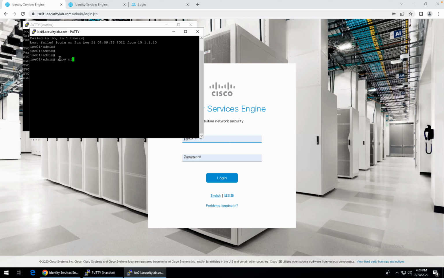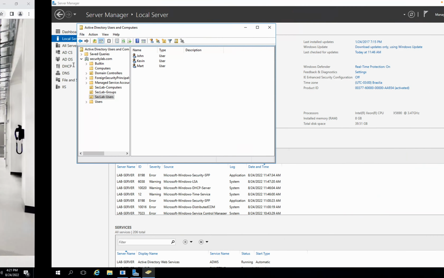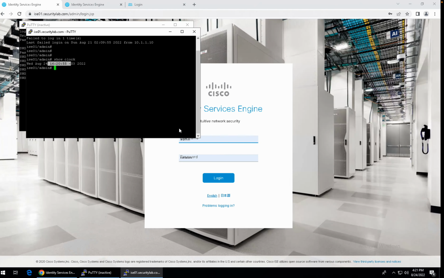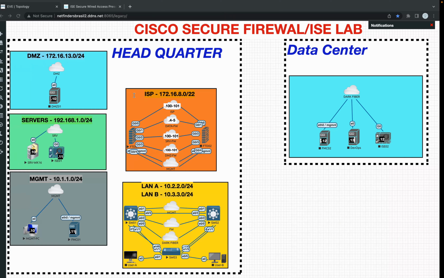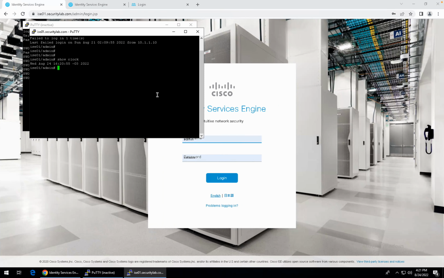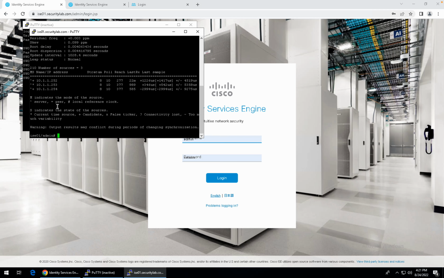Show clock. Here we go. 4:20 p.m. in the server. 4:20 p.m. What else can I show you? Oh, show NTP. You will see that there is an asterisk mark here which says that it is the current time source,